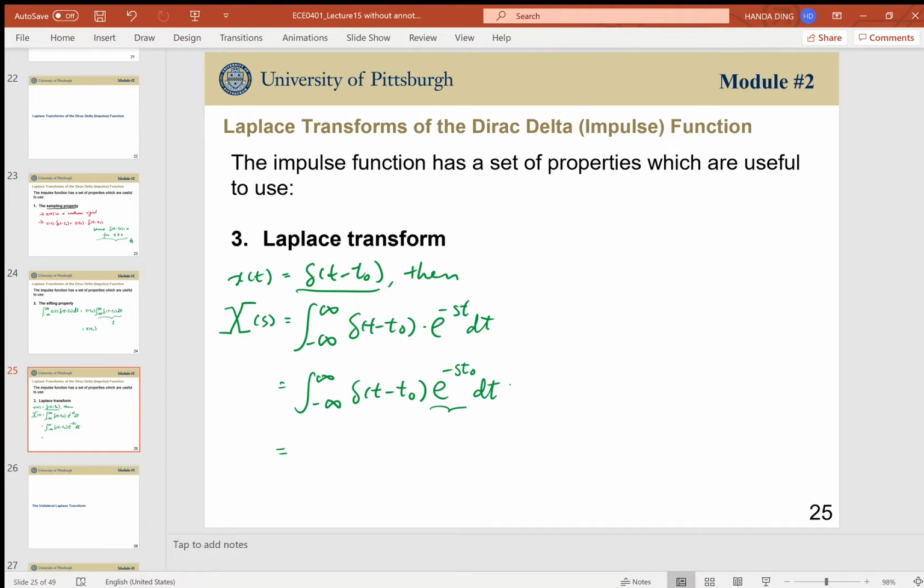And you move this guy out. And there you go. We just have this always 1 from the shifting theorem,